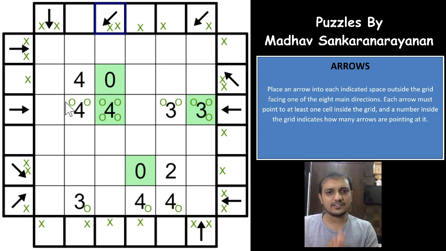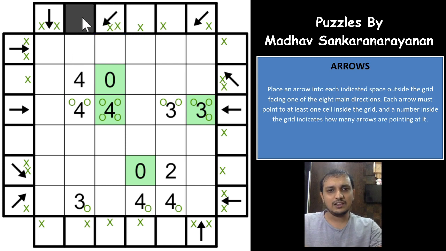Which means it will exactly have 6 cells pointing towards this 4, and out of these 6 cells, 2 cells are already eliminated because you have a 0 with the horizontal line, which means all other 4 cells will have to point to the 4. So this cell would have to point towards the bottom, this cell would have to point towards the top, this cell will have to point this way, and again this cell, right? All the 4 cells are pointing to the 4s.